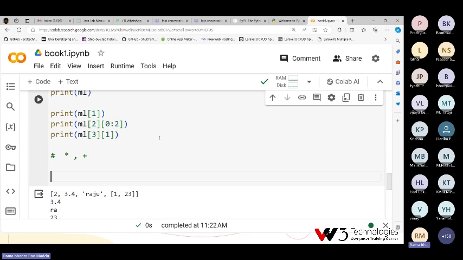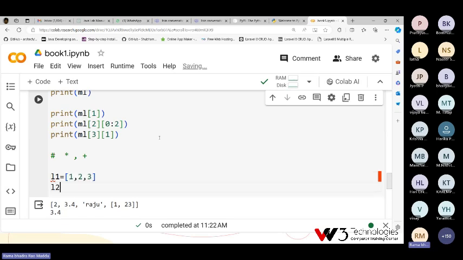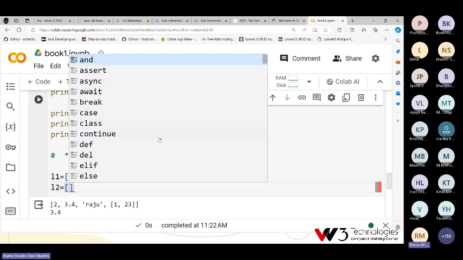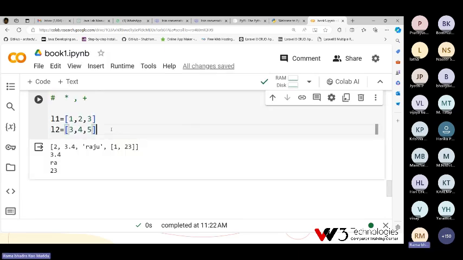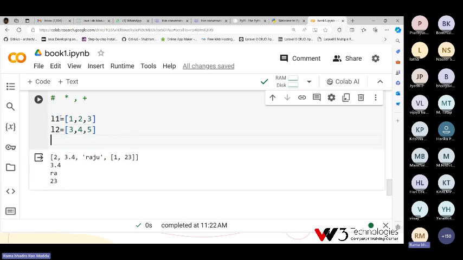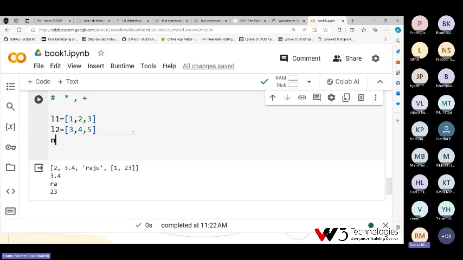If I use it with a list, what happens? L1 is equal to 1, 2, 3. L2 is equal to 3, 4, 5. So I created two lists: L1 contains this, L2 contains this. Can I add, L equals L1 plus L2?